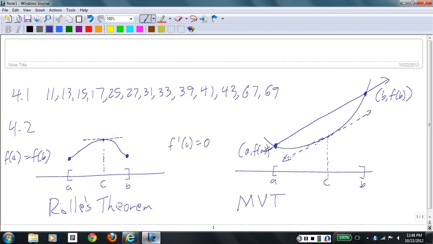And if it's Rolle's theorem, just verify that f of a equals f of b. If it's the mean value theorem, you don't even have to do that. For the mean value theorem, you calculate f of b minus f of a over b minus a. And what the problem on the test basically will say is, find values of c in the interval